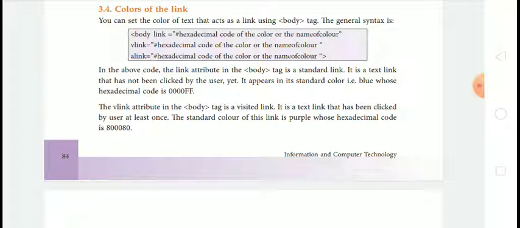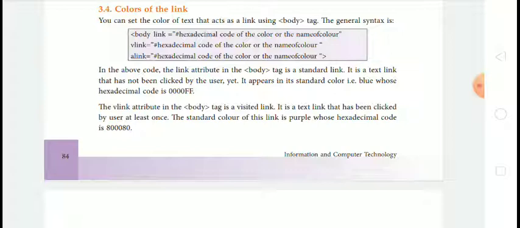In the above code, the link attribute in the body tag is a standard link. It is a text link that has not been clicked by the user yet. It appears in its standard color, blue, whose hexadecimal code is given on the screen.